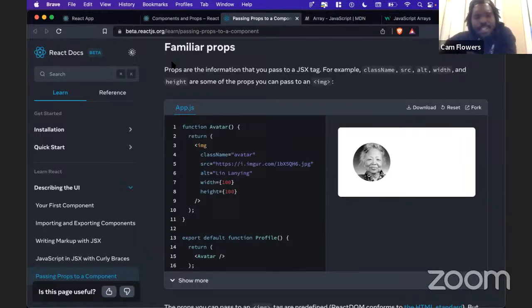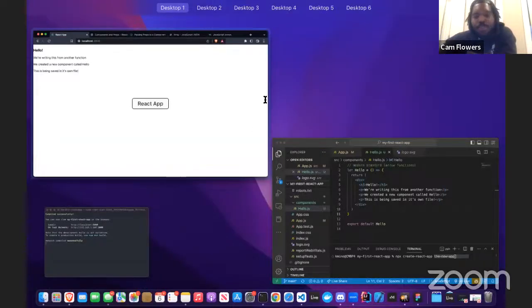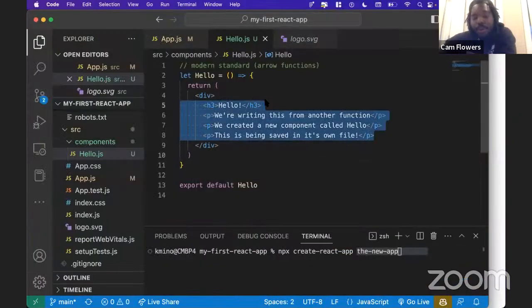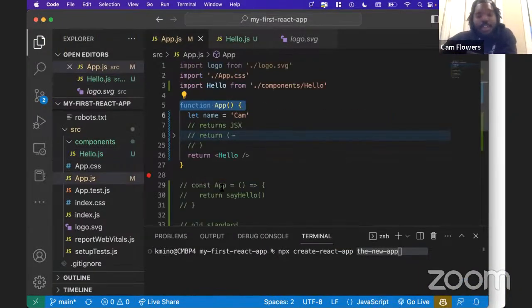So let's take a look at this application that we started already, right? We have this nice, beautiful hello message that's printing some paragraphs underneath it. Taking a look at it in the code, as you can see, we have this one component called hello, and it has a couple of different paragraphs inside of it that are rendering right now. So just to show you how components work, what makes a component dope is that if I want to duplicate this code, like let's say I want 2 hellos instead of just one,